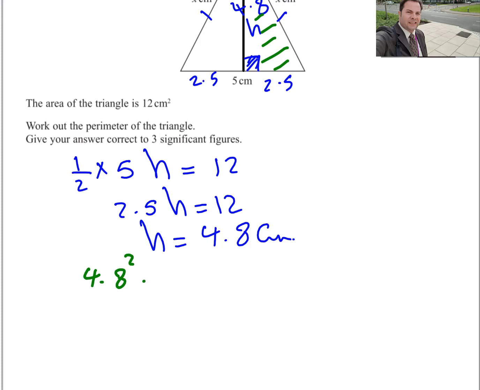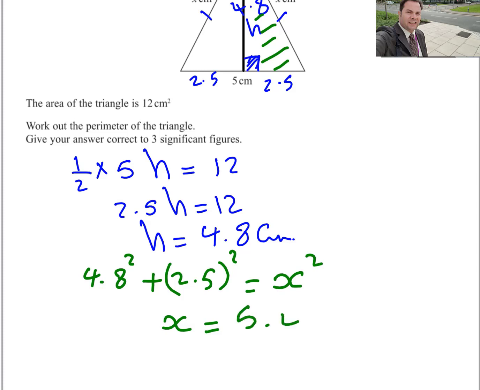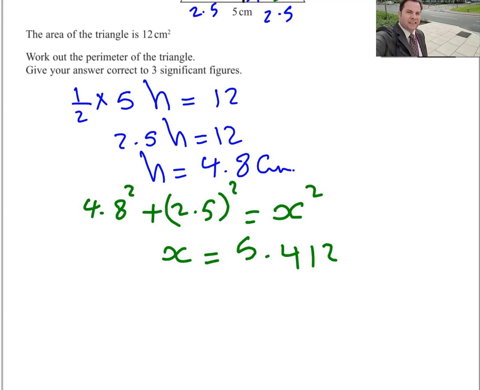4.8 squared plus 2.5 squared is equal to x squared. Then by taking the square root, you can find the length of each side. 4.8 squared plus 2.5 squared, square root for the answer is 5.412. So the perimeter of the triangle, the sum of all sides, the perimeter